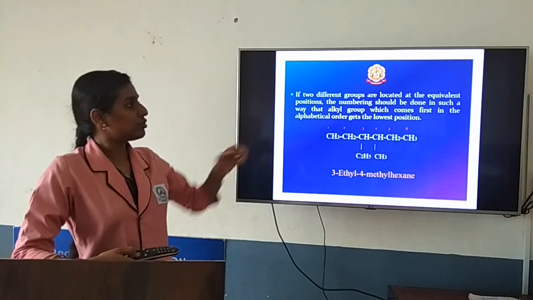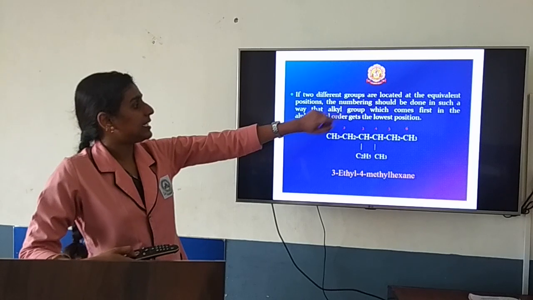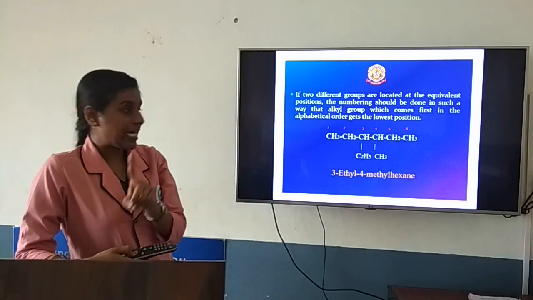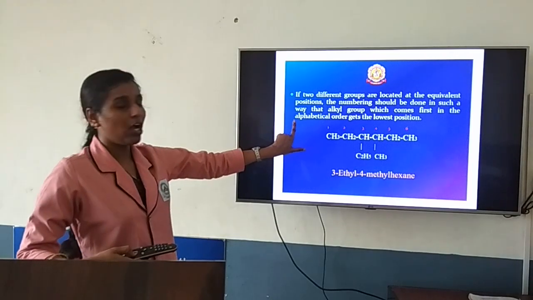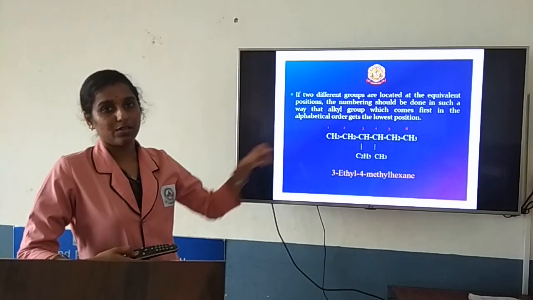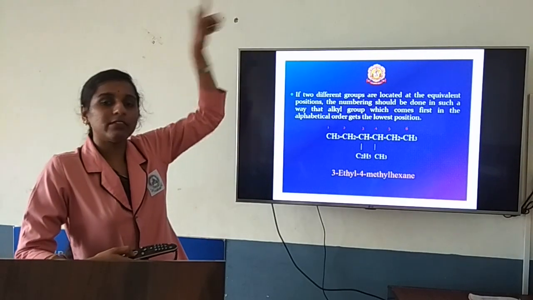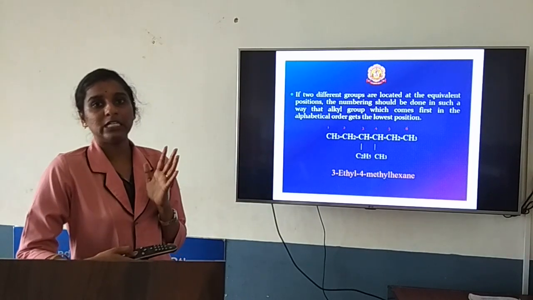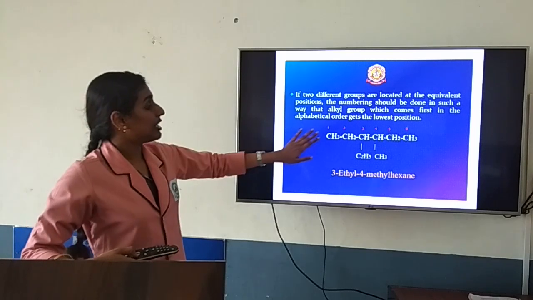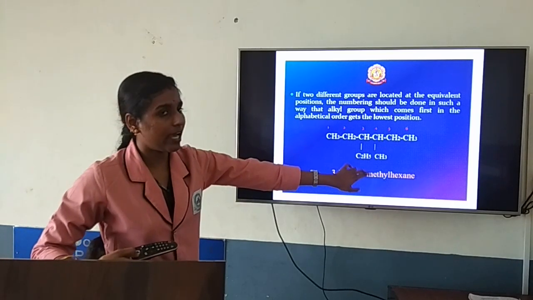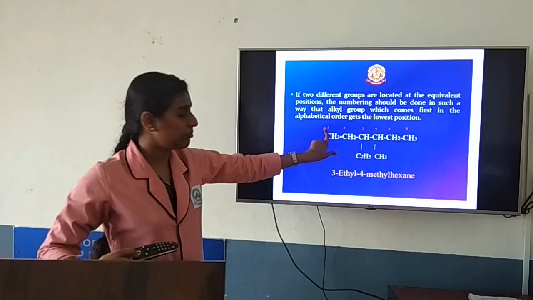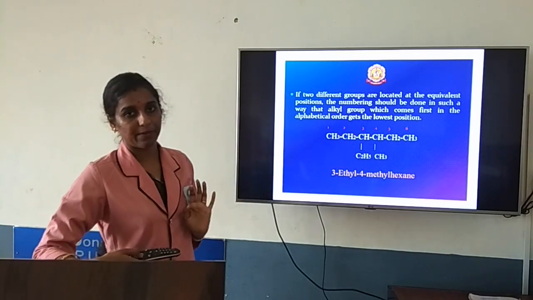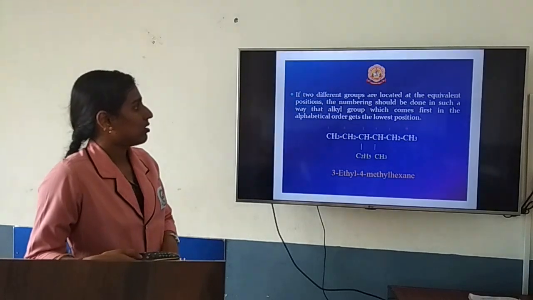What you are supposed to do is number the compound in such a way that the alkyl group which comes first in alphabetical order is considered. Now you have to consider the alphabetical order and give numbering for the compound, because from whichever side it goes, it gets the same number. For that reason, here is an ethyl group and there is an ethyl group, so you can give numbering from this side. E comes first. For that reason, you can give numbering from this side. Okay? So that is one more group.